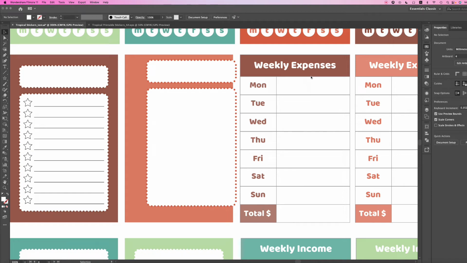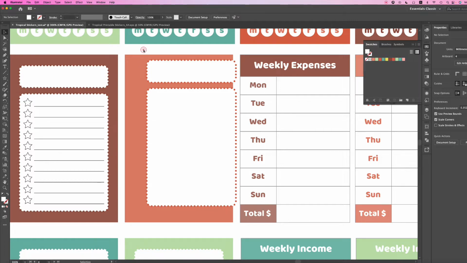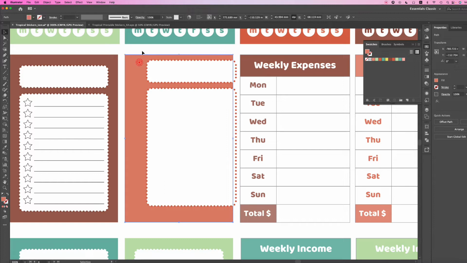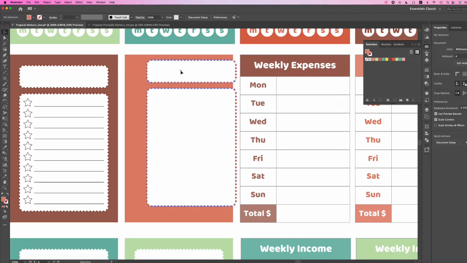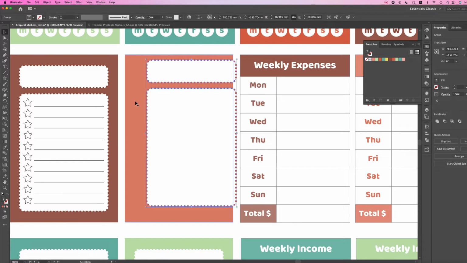I'm going to show you how to align an item to a selection or the artboard. So if you have your items on a page looking not aligned, and you want to align this element onto this box, all you have to do is head up to this tool at the top and then click on it and make sure this is ticked, align to selection.